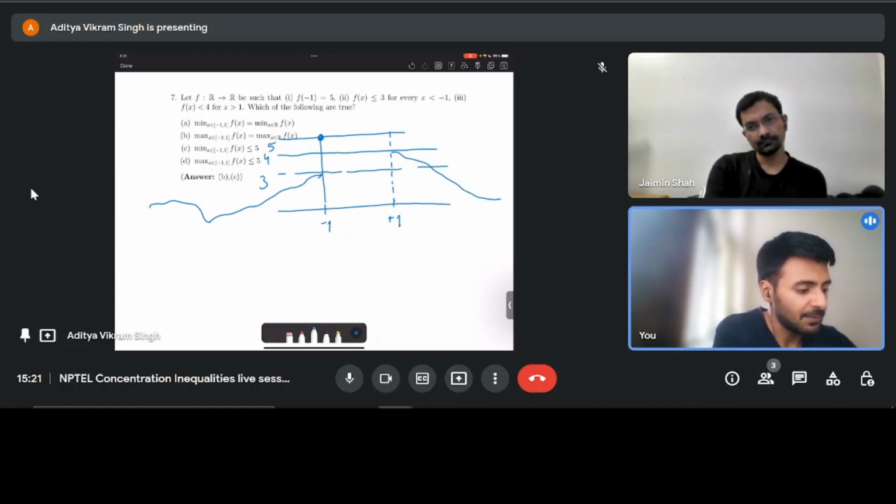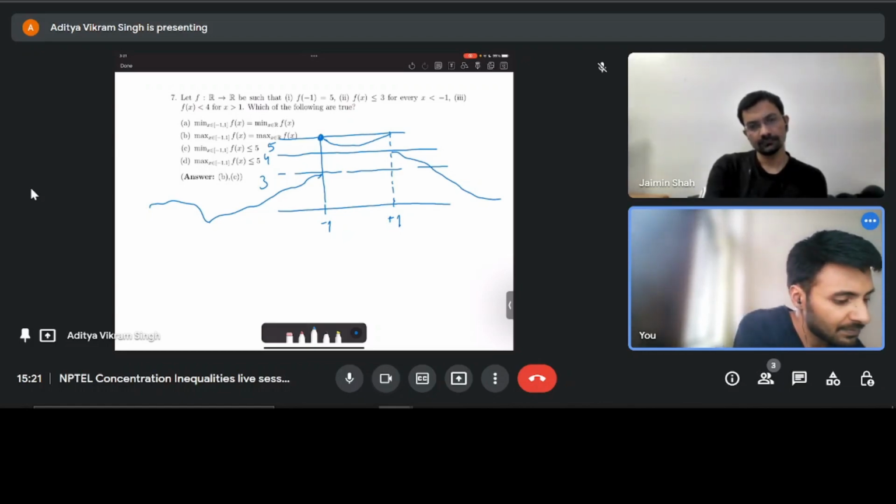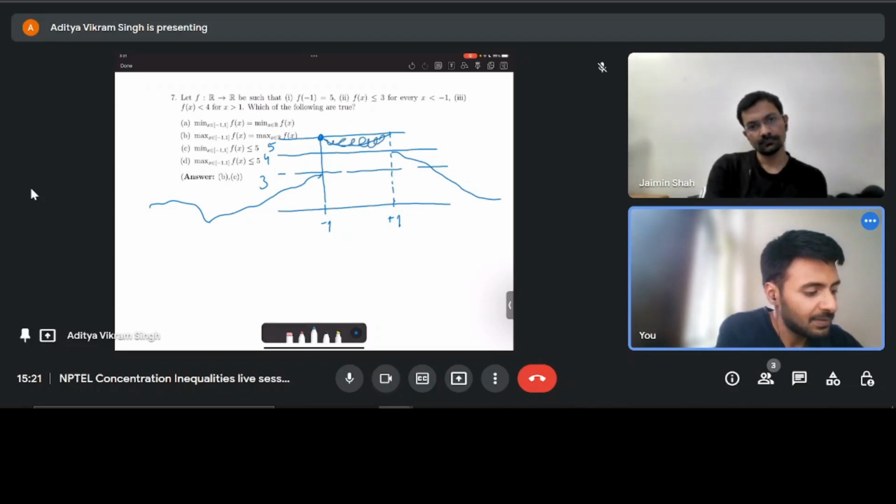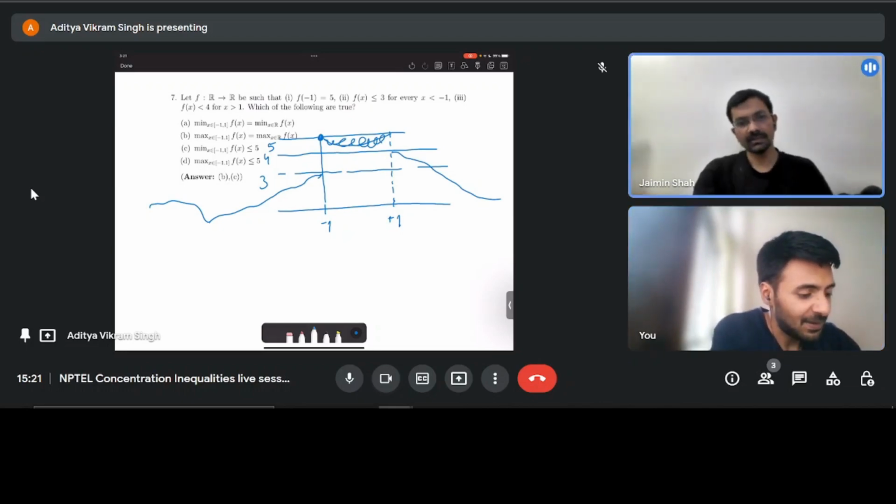If we knew that between -1 and 1, f(x) was above 4 or something, then that would have held. So the first would only hold under such a condition; it may or may not hold, we'll come to that. Second is